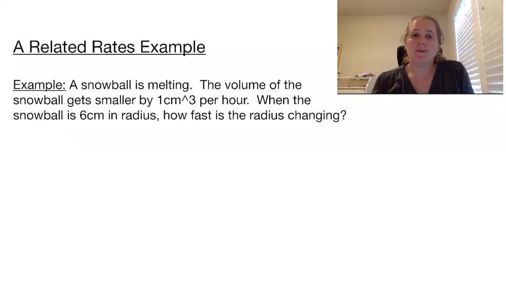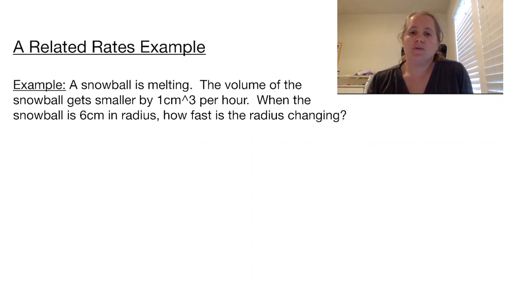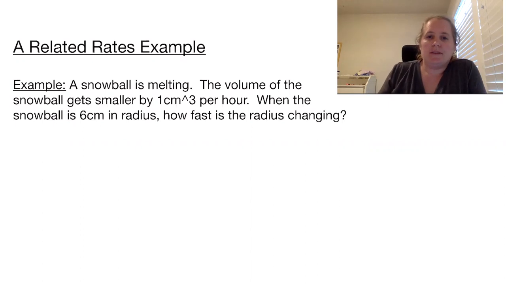Welcome to a related rates example. So in this example, a snowball is melting. The volume of the snowball gets smaller by 1 cubic centimeter per hour. And our job is to figure out when the snowball is 6 centimeters in radius, how fast is the radius